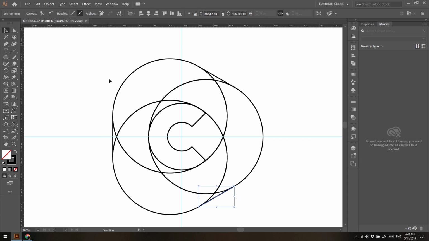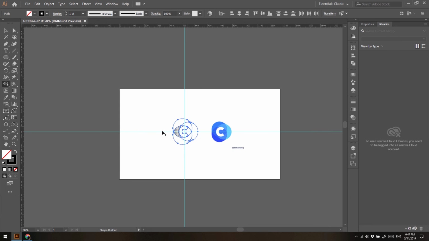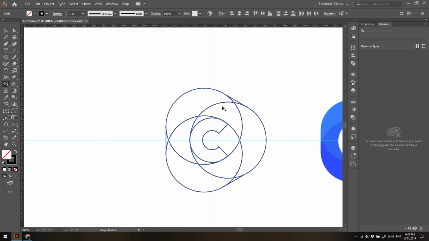Return back to standard form, select everything, go to the Shape Builder again, and now you can click on each of these shapes here, and all of these shapes that we have here are separate shapes. We can move them around. Okay,